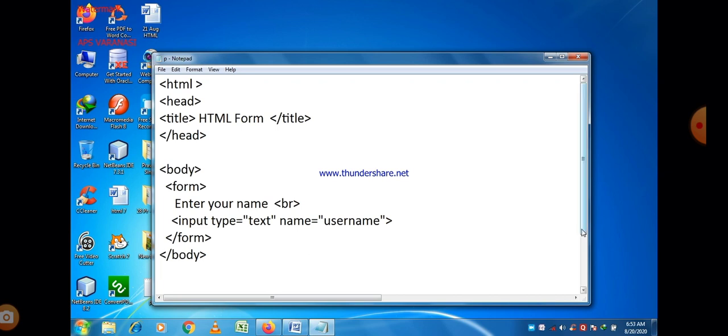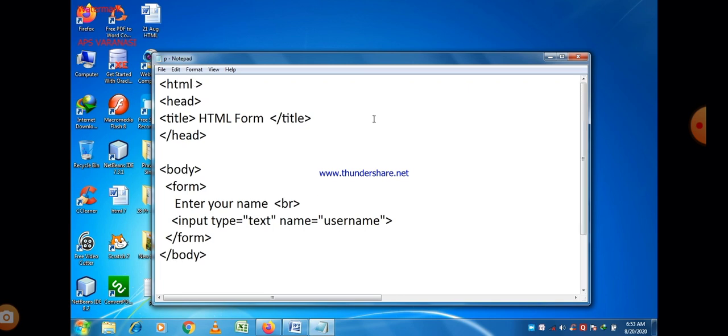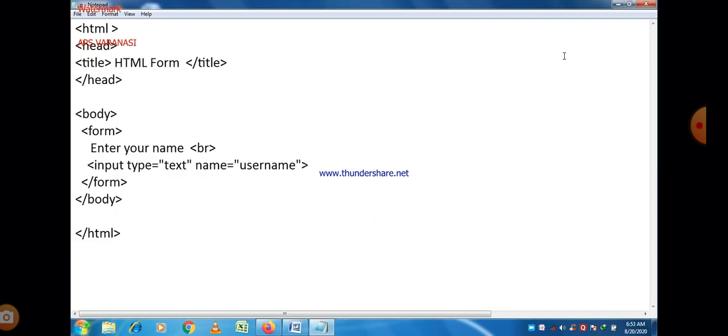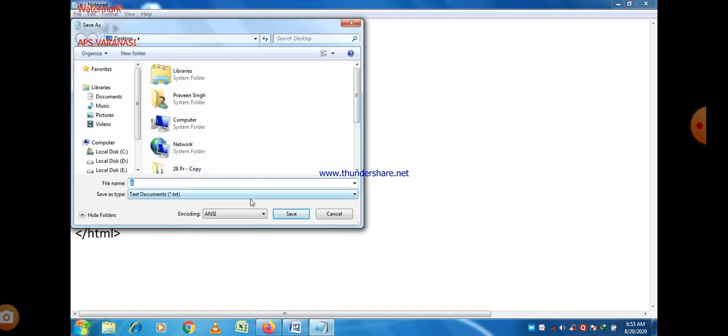Actually there is a text box after the execution of that program, a single line text box in which we can enter our name. So save the program first, then save as, and give the same name as the name of the text file.